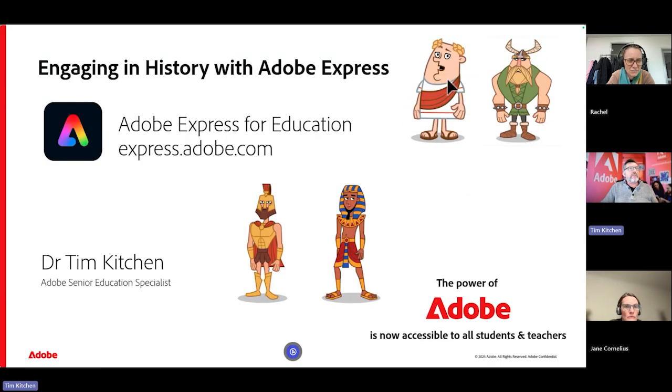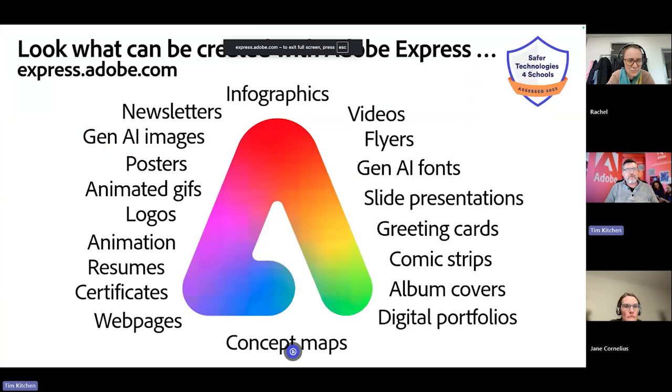Now, I'm using the slide presentation side, but let's have a look at all the other things that you can create with Adobe Express. Look at all those things. Every one of those things and a number of other things can be built and created with Adobe Express. And for this particular webinar, we're going to focus on the animation and the video side, because when it comes